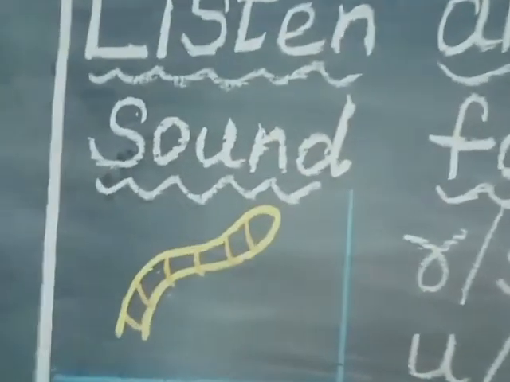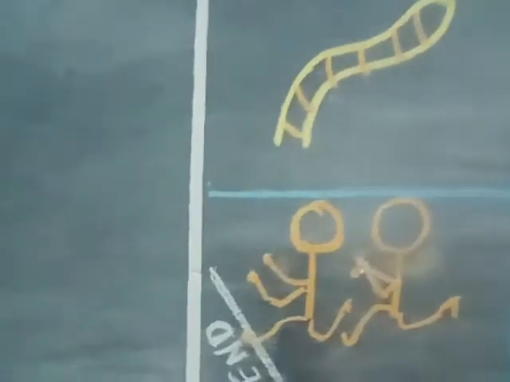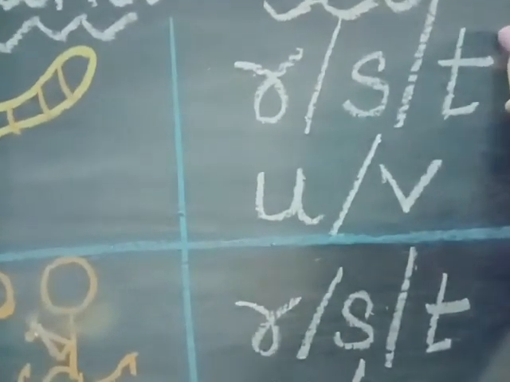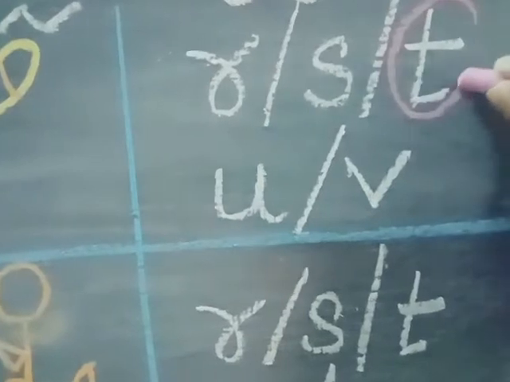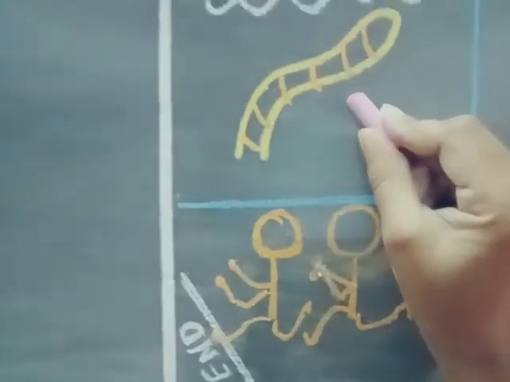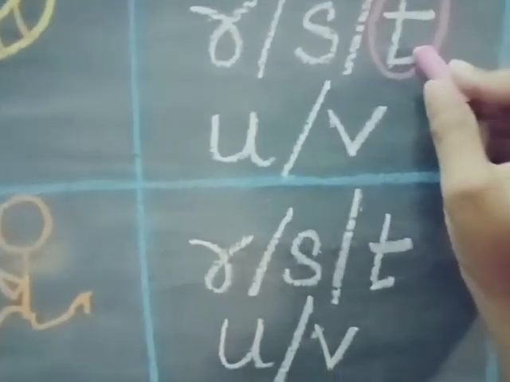Okay, now children, see, our next activity is listen and circle the beginning sound for each picture. Okay, so can you see the pictures here? What picture is this? Do you remember? Yes, it's a tail. So you must circle the sound T. So it's the letter T. T, tail. Very good. Circle the first sound. Okay. T, tail.